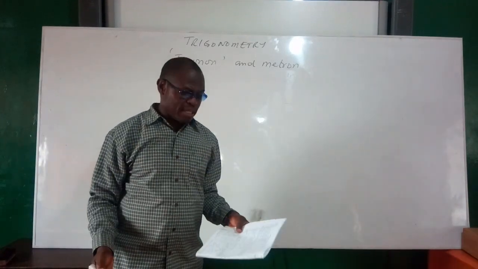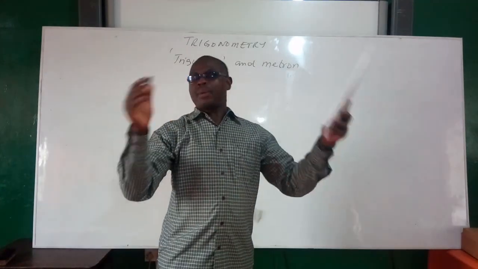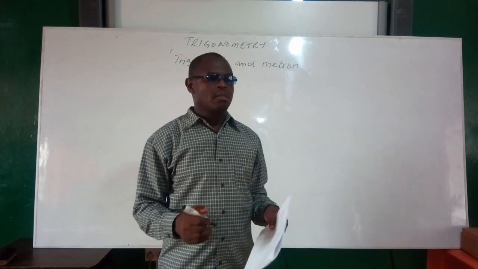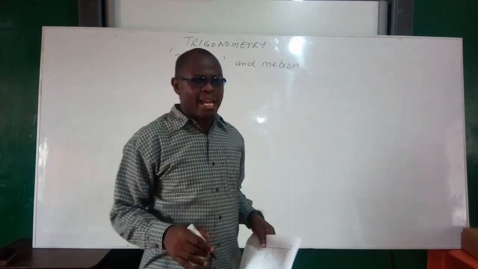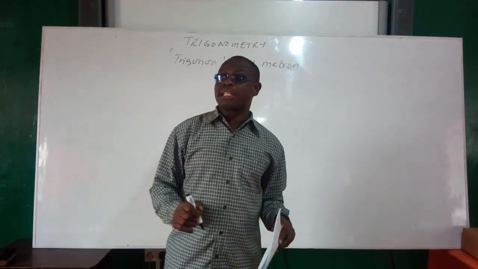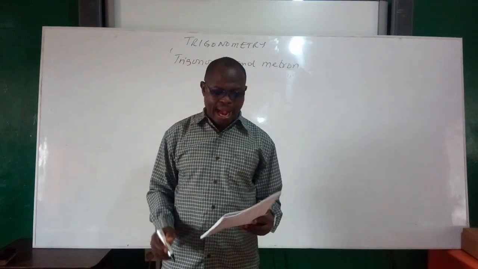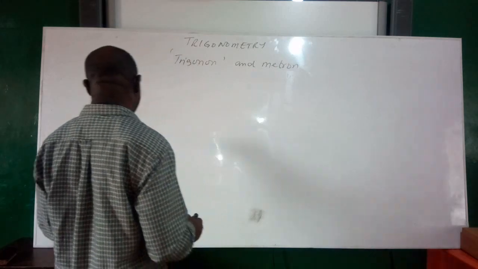Triangle measurements. So it means that all that we are going to do today concerns a triangle, but it's going to be a right angle triangle, because we have so many triangles. If we are dealing with trig, it means that we are talking about a right angle triangle. Now, in a right angle triangle,